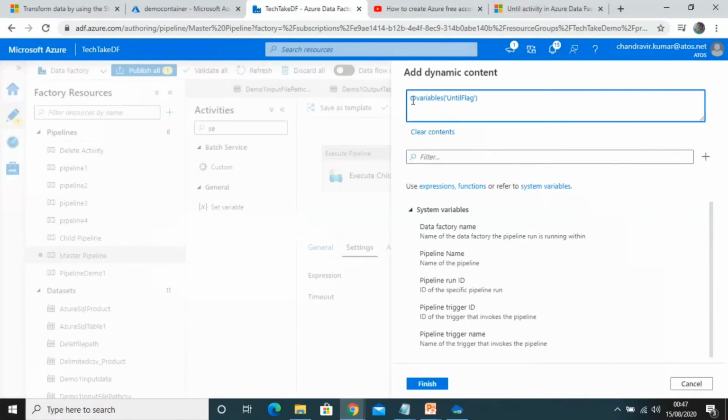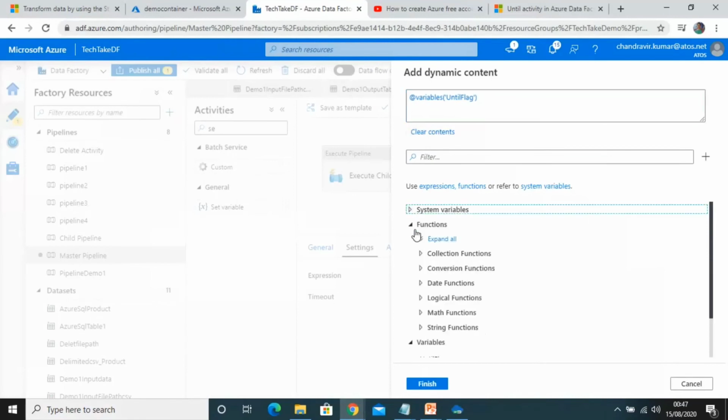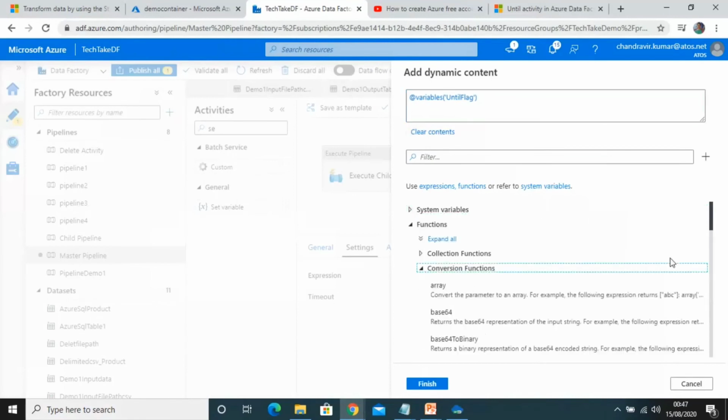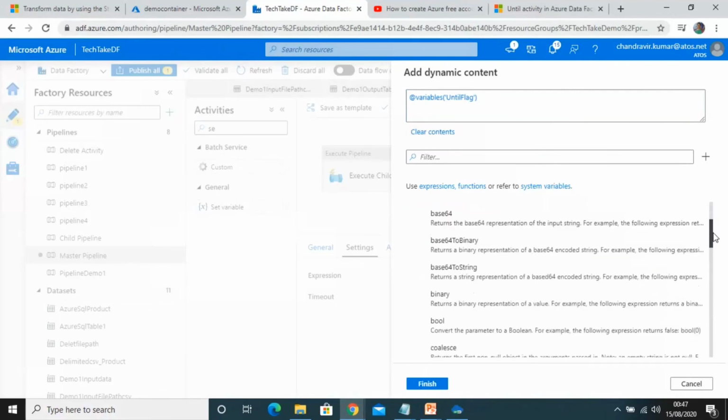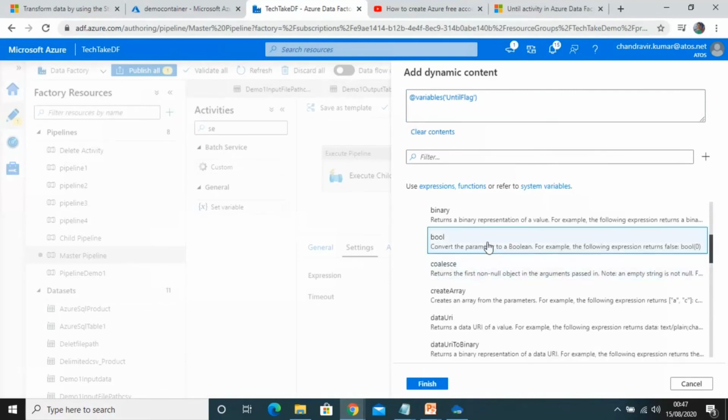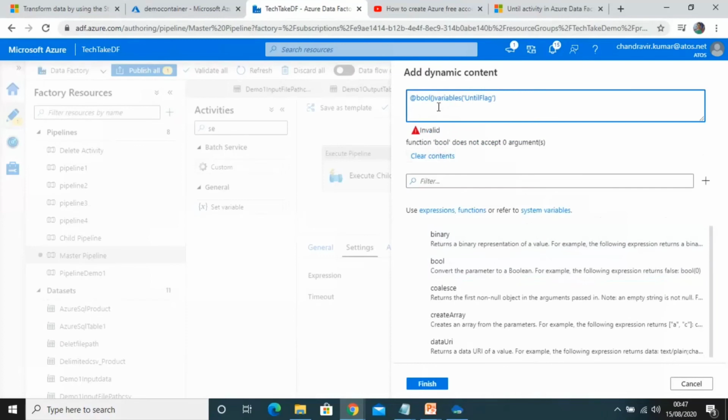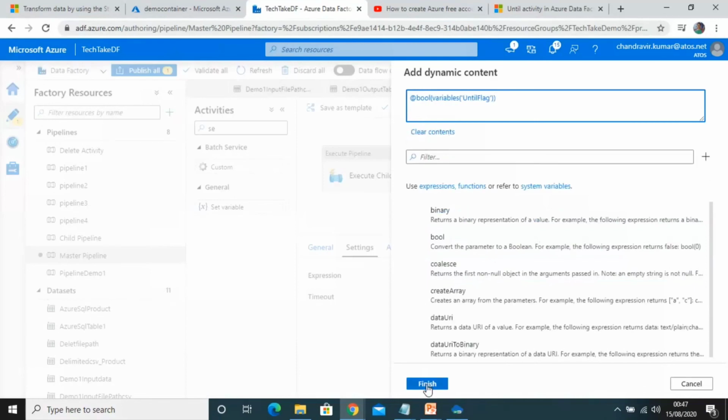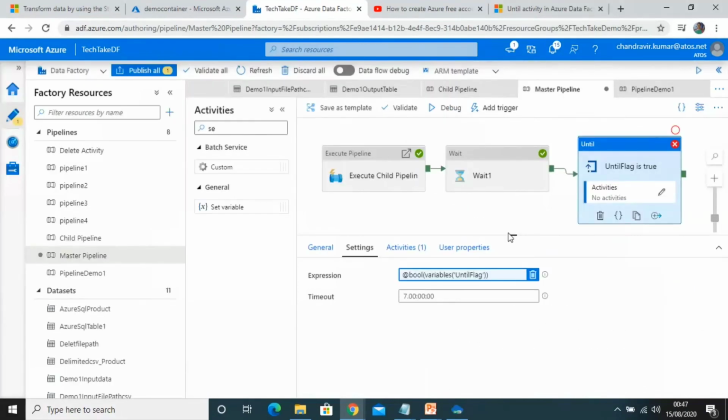So let me use the expression as boolean. From the functions section you will find the conversion functions. Use this bool function and convert this until flag from string to boolean, so our job will run fine. Okay, now hit the debug button.